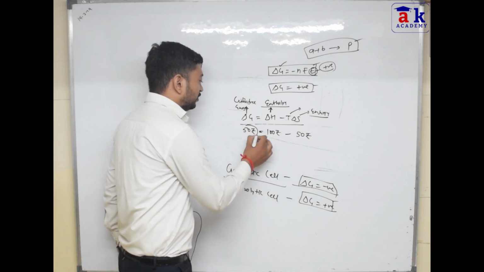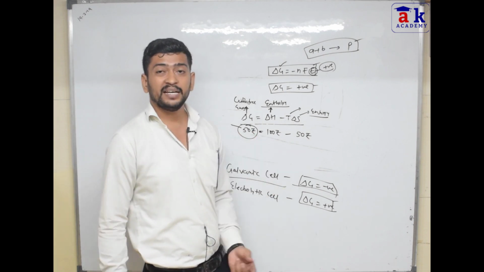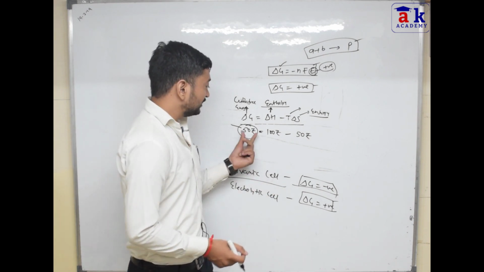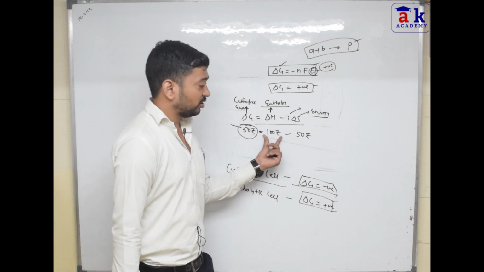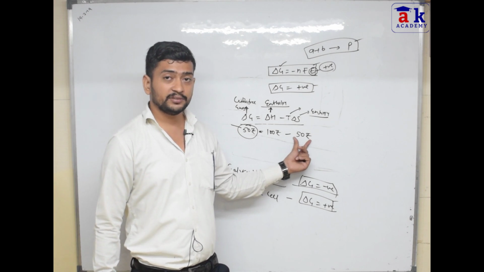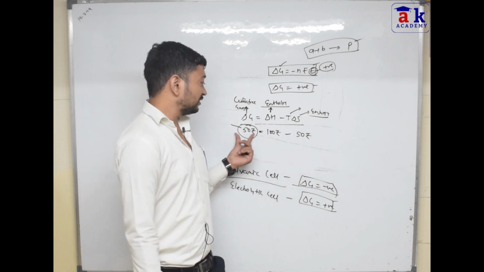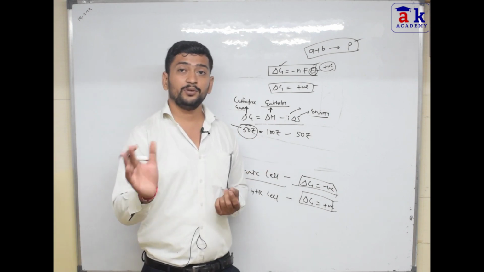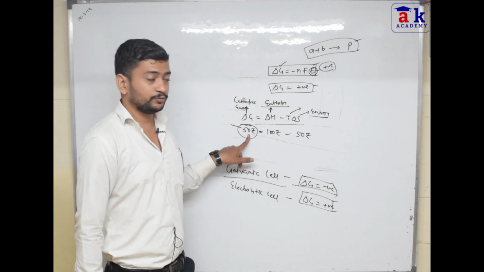So this 50 rupees you can use when you have to do anything, right? So this is basically the Gibbs free energy. This is the total amount of money you have. This much money you require for yourself. This much money you can donate to others. So this much will remain for your future. So this 50 rupees will be with you.